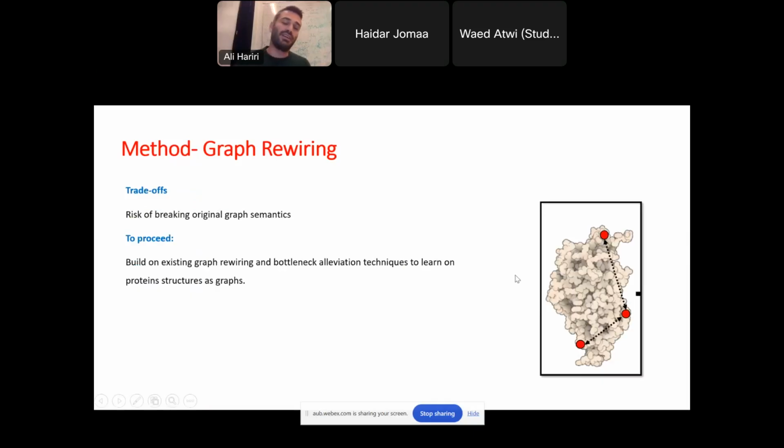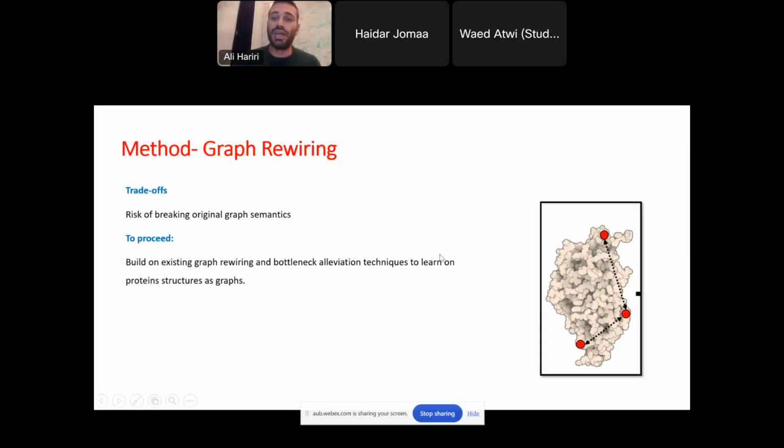So we start by doing this knowing that there are some trade-offs, of course. The trade-off is that we are changing the graph connectivity, and sometimes graphs should be left as they are. If you change something in the structure of the graph, it changes completely the meaning. Yes, this is the main limitation, that we are changing the semantics of the graph sometimes, but this comes at the trade-off of better information flow across the surface. So it was something I was willing to do, at least as a first try.